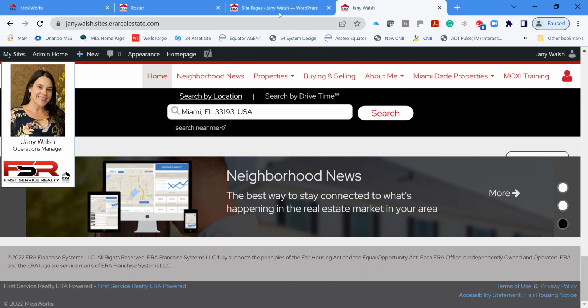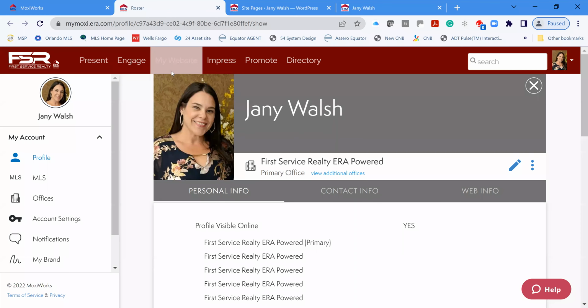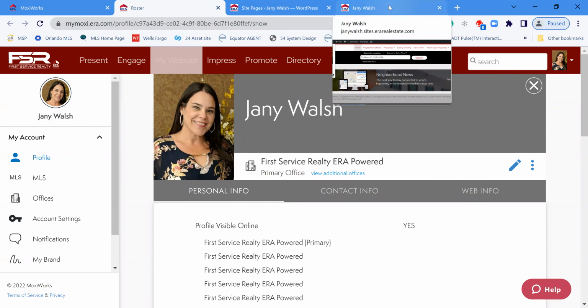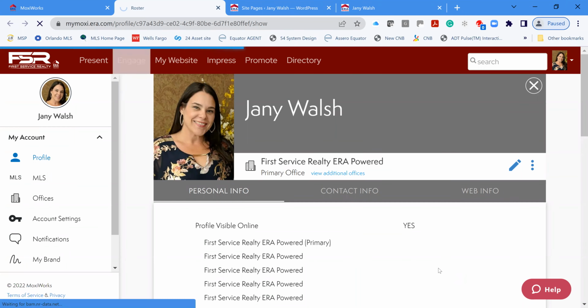Okay, so we're going to go now into the neighborhood news. So neighborhood news, there's two ways to add a customer, but the best way to add a customer to neighborhood news is going into Engage, okay? A customer can sign themselves up for neighborhood news from your website, but you can sign them up yourself from Engage. So when you go to Engage, which is your CRM,